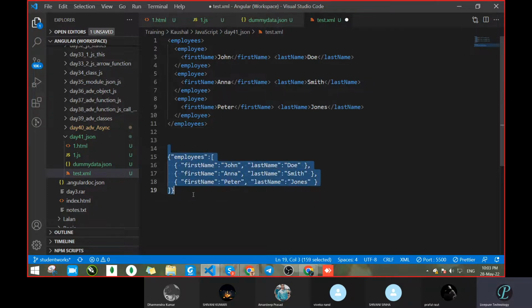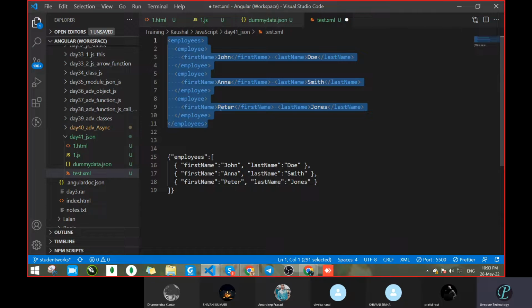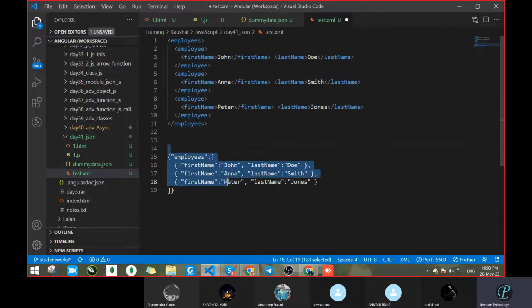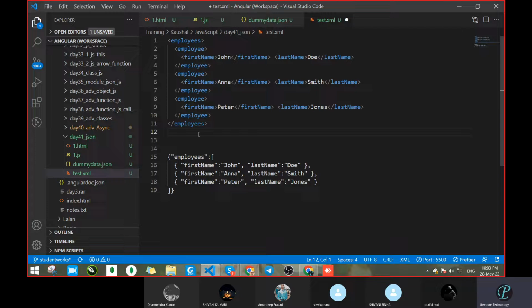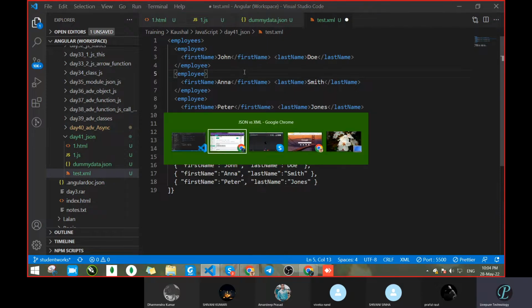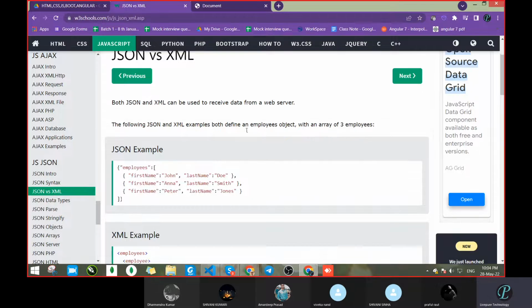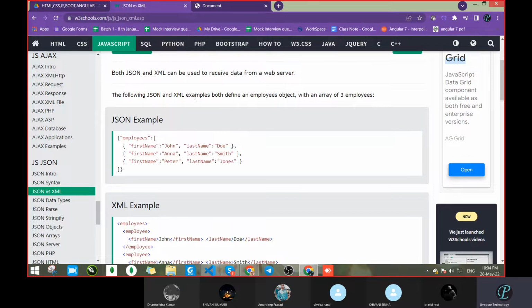But when we look at JSON and XML, we will find it more comfortable to read the data in JSON format. Correct or not? Compared to XML, we will find JSON easier. Here also we are taking key and value, but we don't know how to access the data of the XML format. Okay, so